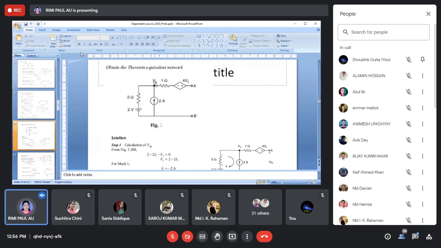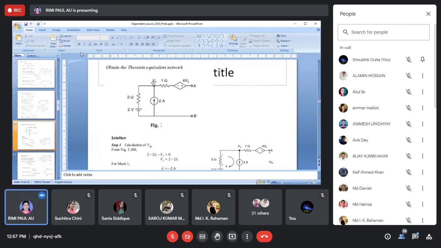So what do I have to do to find out ZN or ZTH? Because finally I have to find out Thevenin's equivalent network, where I need VOC, ZTH and ZL, or VOC, RTH and RL, right? So VOC I can find out, but when I want to find out RTH, the problem is that due to the dependent source, if I remove it, then the answer would be wrong, because this dependent source depends on this nodal voltage, and this node voltage is not equal to 0.